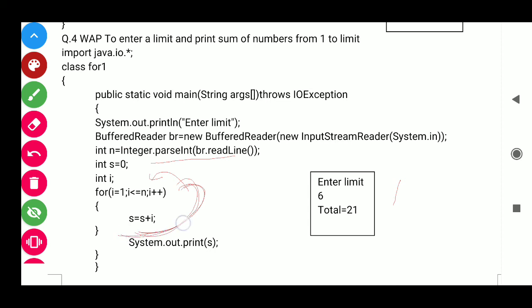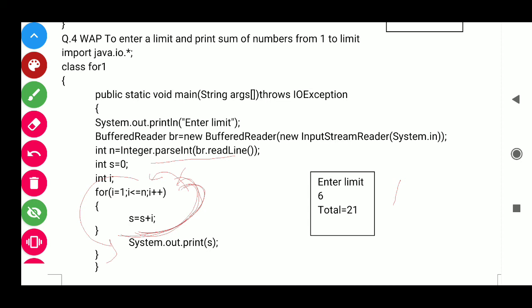Then it will go again, i will become 7. When i will become 7, then 7 is less than equal to n. n was 6, condition is false. Then for loop will terminate, it will come out of the loop and system out print s. We have declared here system out print s.